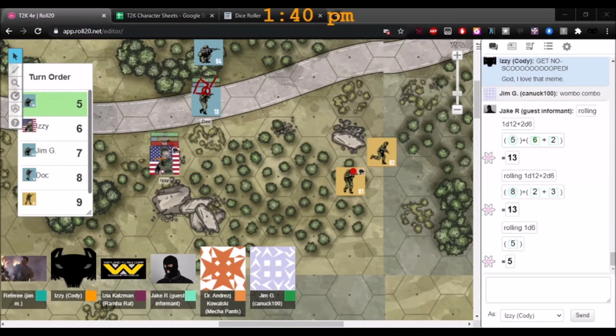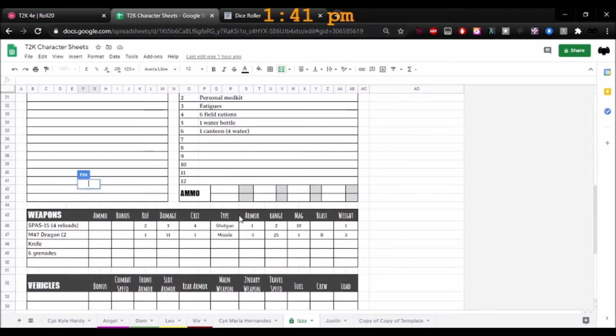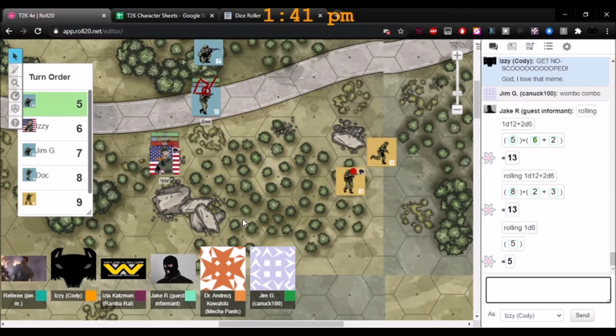Damage is 3. And what's the crit? Crit's probably 4 on that, eh? Crit is 3. Oh, okay. So that means it automatically does a critical wound too. If you equal or go over the crit rating for damage, it'll automatically do a critical wound. So then we roll the critical arm table.